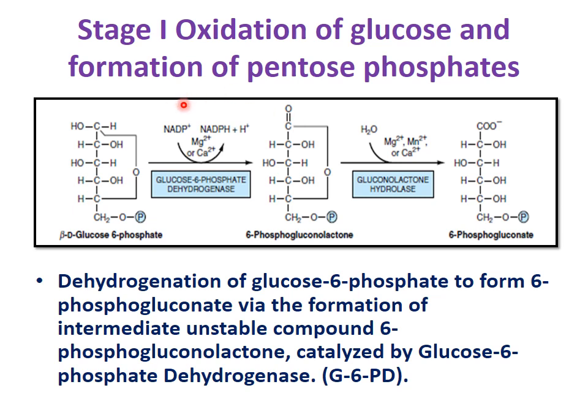See, so these 2 hydrogens, somebody has to accept this hydrogen. So these hydrogen acceptors are NADP. Before this we have seen in glycolysis and TCA cycle that it was NAD. Now we have NADP. What is the full form of this NADP? Nicotinamide adenine dinucleotide phosphate. This NADP takes away 2 hydrogens and is converted into NADPH plus H plus ion. It takes place in the presence of magnesium ions.